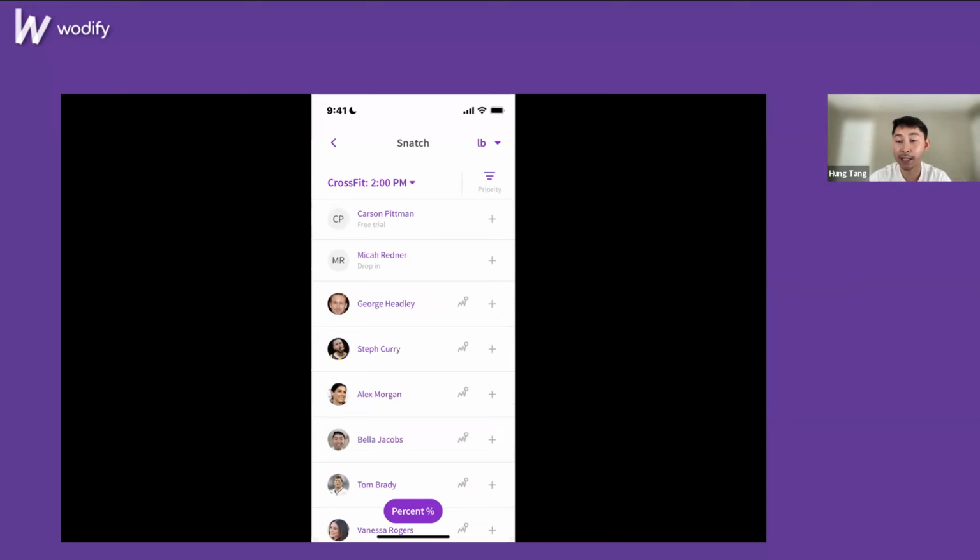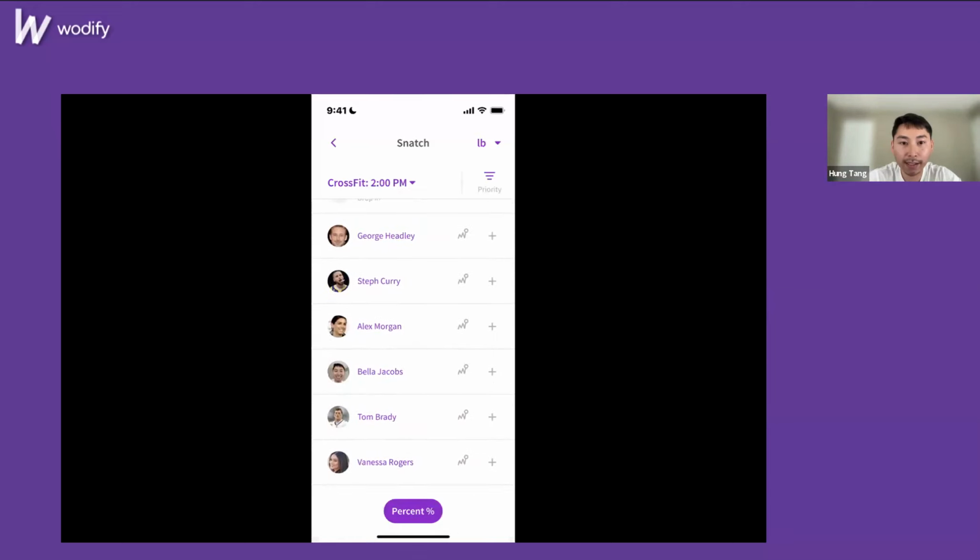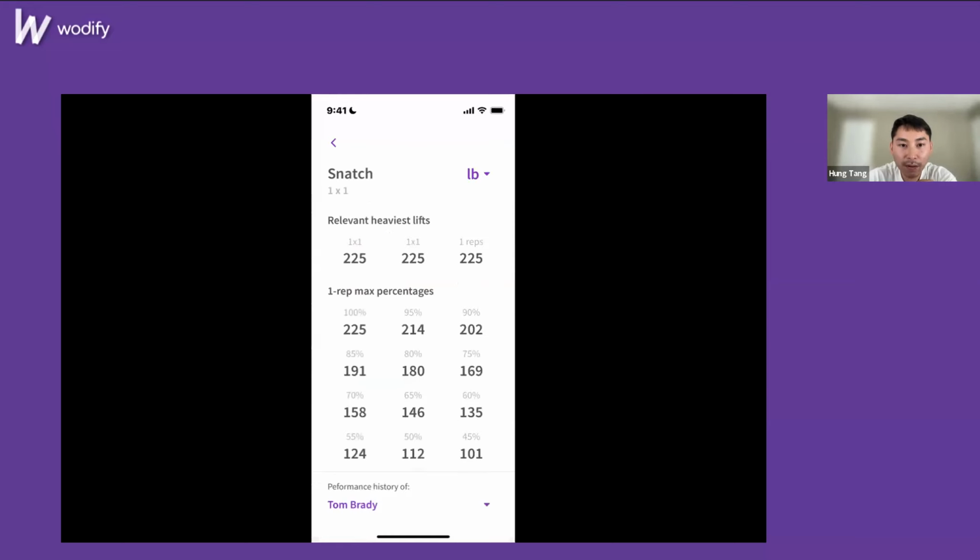And by doing this, I can make sure that I provide an individualized coaching experience in a group class setting right from Coach View. So during the workout, as Tom goes into his working sets, I can tap on that performance graph icon right there. I can tap on that graph icon to provide more context and guidance as to how much weight he should use. So in this case, we're building up to a 1 rep max. I can tell Tom that his 1 rep max is 225. If he's feeling good and wants to go for a PR, he can go for that PR.